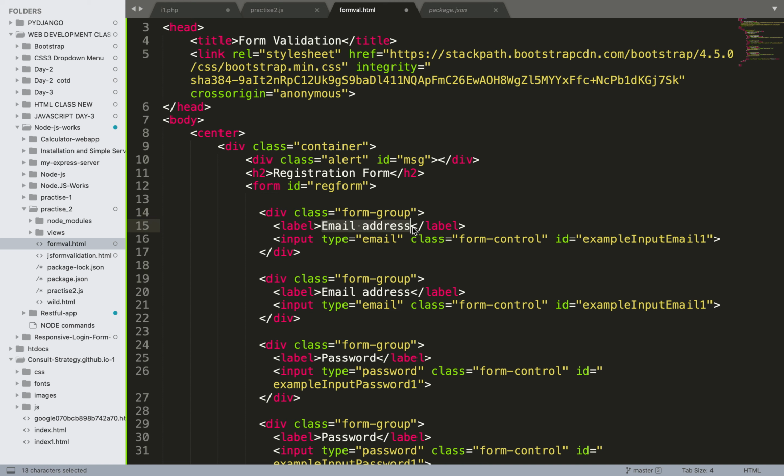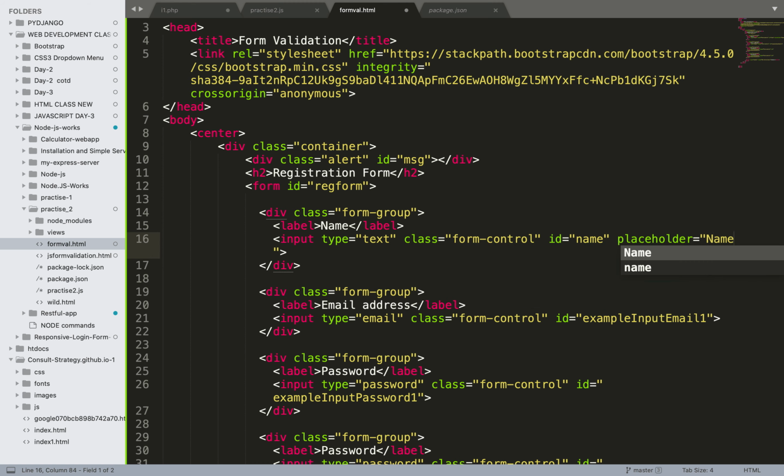So first thing will be our name, and let's change the type to text. Class form control, id, let's make it name. Add a placeholder. For example, I have written name.